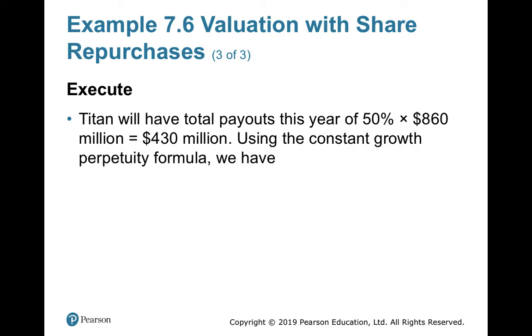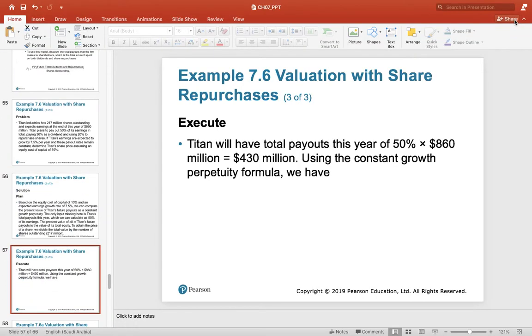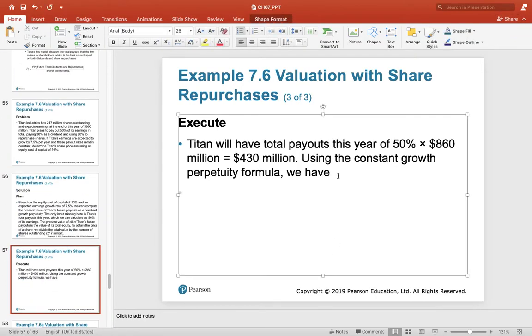Using the constant growth perpetuity formula, we can make the valuation: 430 million divided by R minus growth. 430 million is the payout, in the shape of dividend and in the shape of buyback. So the valuation of the cash flows is equal to